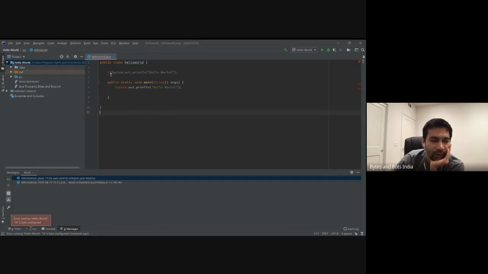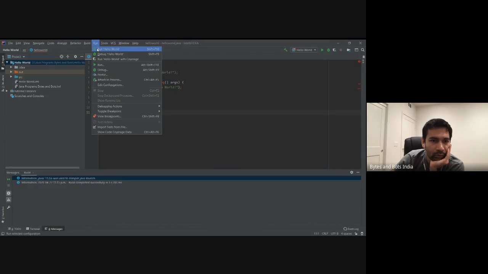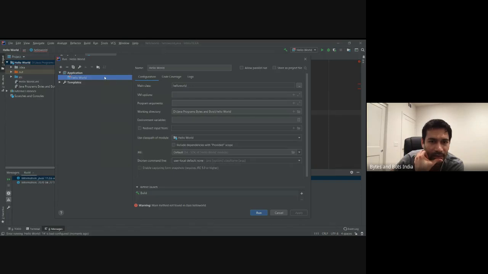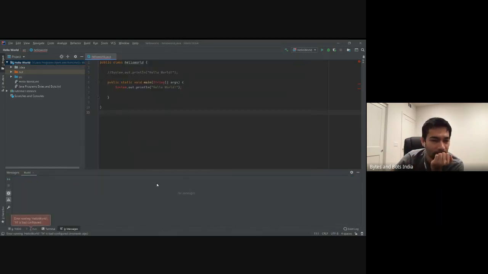So click on run. Go to the run. Click on that, and then go one level up. The configuration thing. Click on that, and then see the name you have has a space in there. Oh, remove that space. Apply and run. Do a run from here. See if that works.